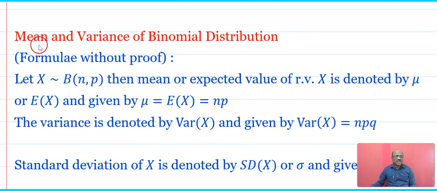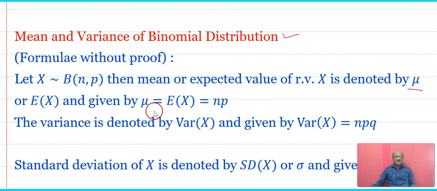Next topic is mean and variance of the Bernoulli and binomial distribution. In probability distribution we also saw mean, variance, and standard deviation. Here too, these are without the proof. X follows the binomial distribution with the mean or the expected value of random variable capital X denoted by mu